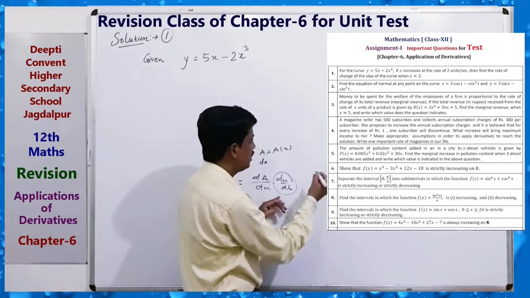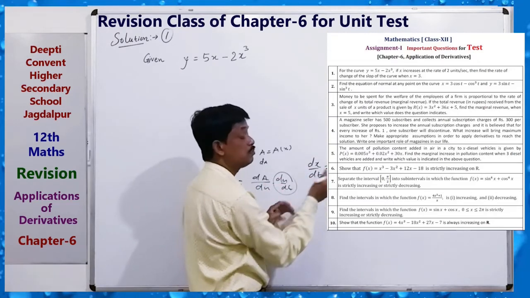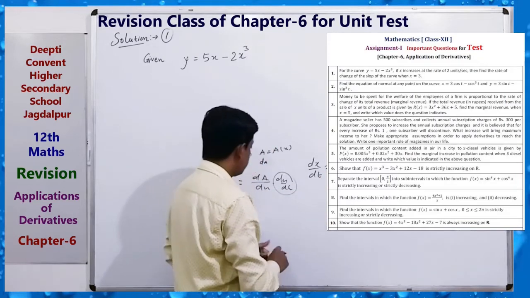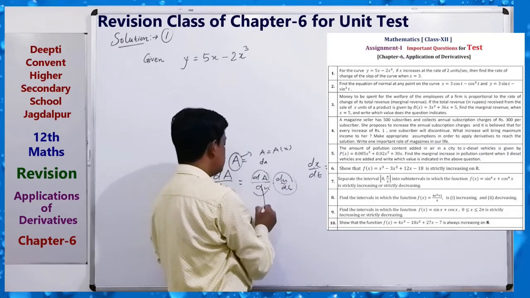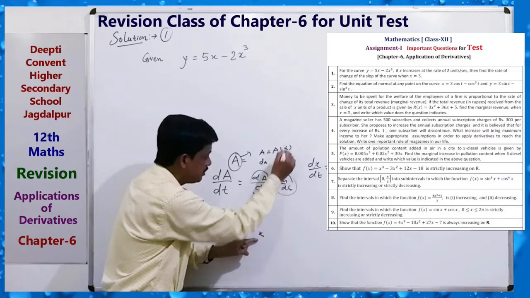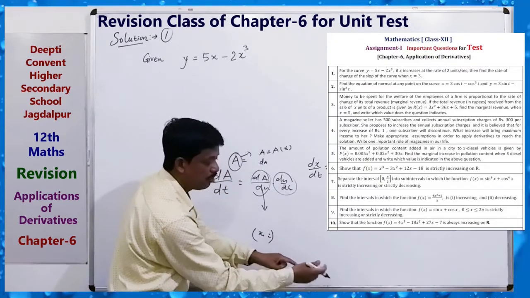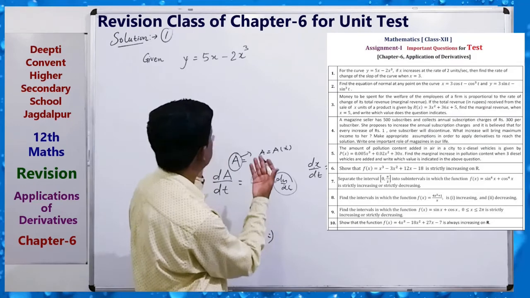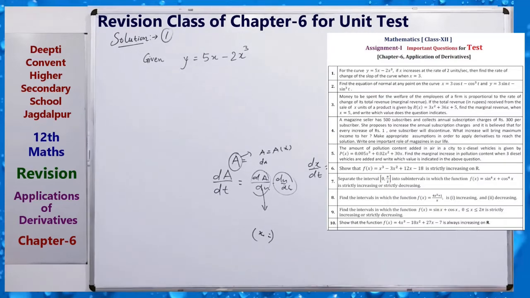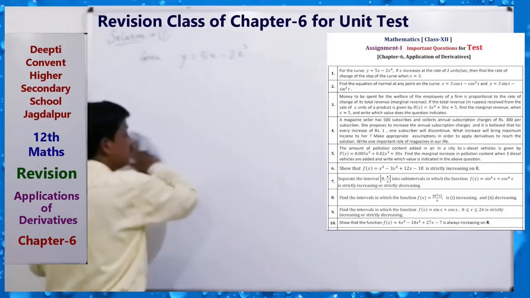So dx by dt is the rate, which is 2. Increasing means plus, decreasing means minus. So 2 units per second is given here. We have to use it, differentiate, and finally get the value in terms of the independent variable. Here we have to find the value for x equal to 3, so at last you put in the particular value of x, and then you can get the rate of the quantity.